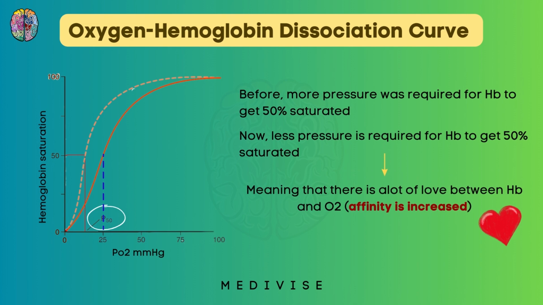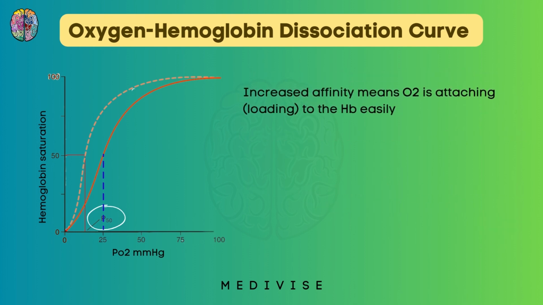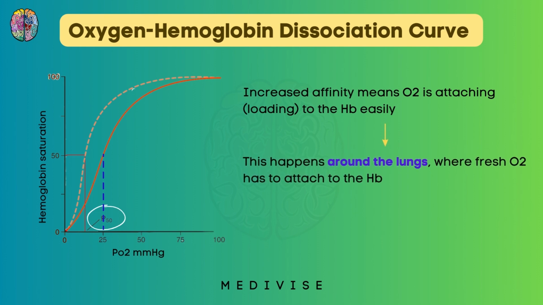This means that there is a lot of love between hemoglobin and oxygen, or in other words, the affinity is increased. Increased affinity means that the oxygen is attaching or loading to the hemoglobin easily. Now, where in the body do we want this? We want this around the lungs, right? So that the oxygen which is coming from the air easily attaches to the hemoglobin